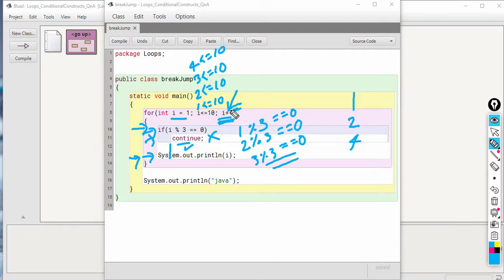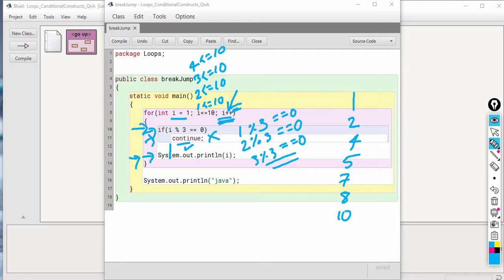Similarly i will become 5, then 5 will be printed, 6 will not be printed because 6 is divisible by 3. 7 will be printed, 8 will be printed, and 10 will be printed. So the output is 1 2 4 5 7 8 10.